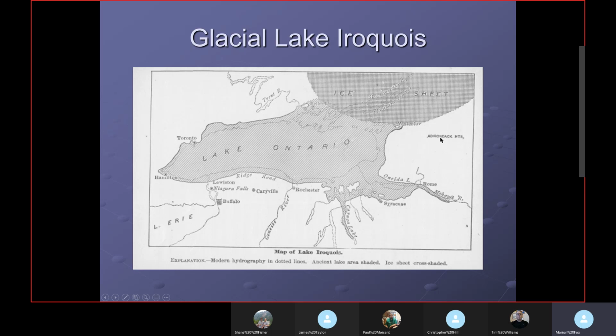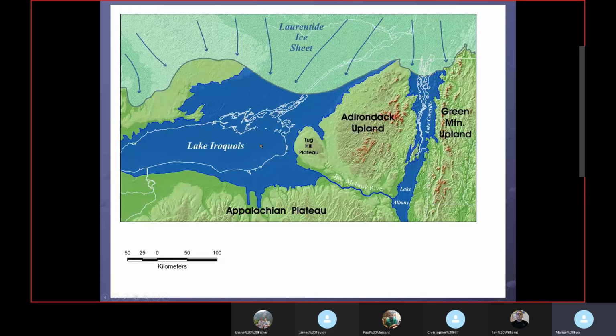The state of New York is on Adirondack Mountains here. So we have this lake here coming down into, there's Rochester, New York, and Buffalo, New York. So it did go down through the rivers here, the Mohawk River and so forth. Now, this, of course, this large amounts of water, once it breached and began to flow, it would cut a channel. And that's what we see here. And what we see is Lake Iroquois,